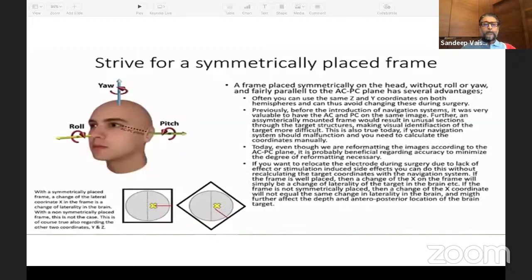It is very important to fix the frame in an orthogonal position. You should strive for a perfectly symmetrically placed frame despite softwares being available. If the frame is fixed perfectly in the AC plane without any pitch, yaw, or roll, in that case, the target planning, and particularly if you plan to change the target during surgery, becomes very easy. If you see the example here,